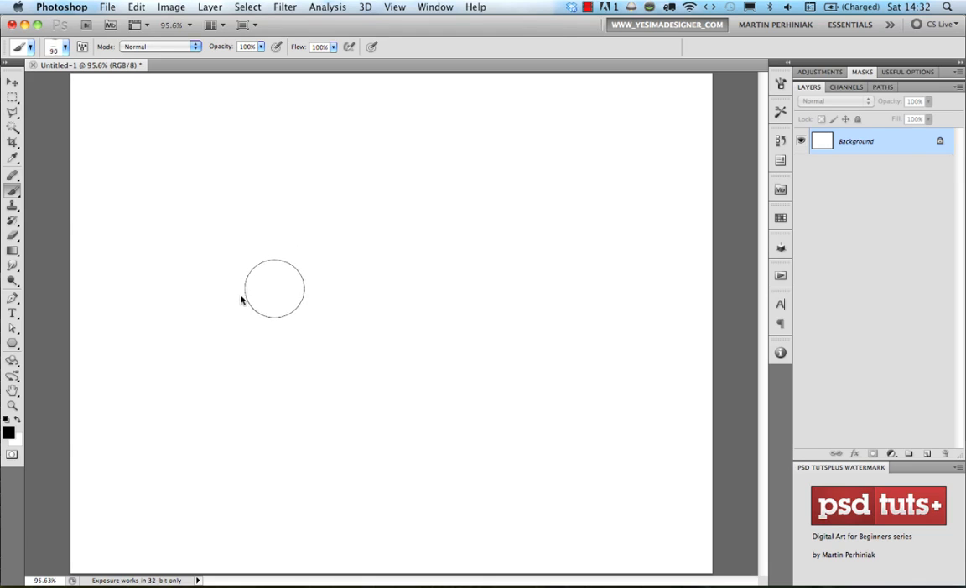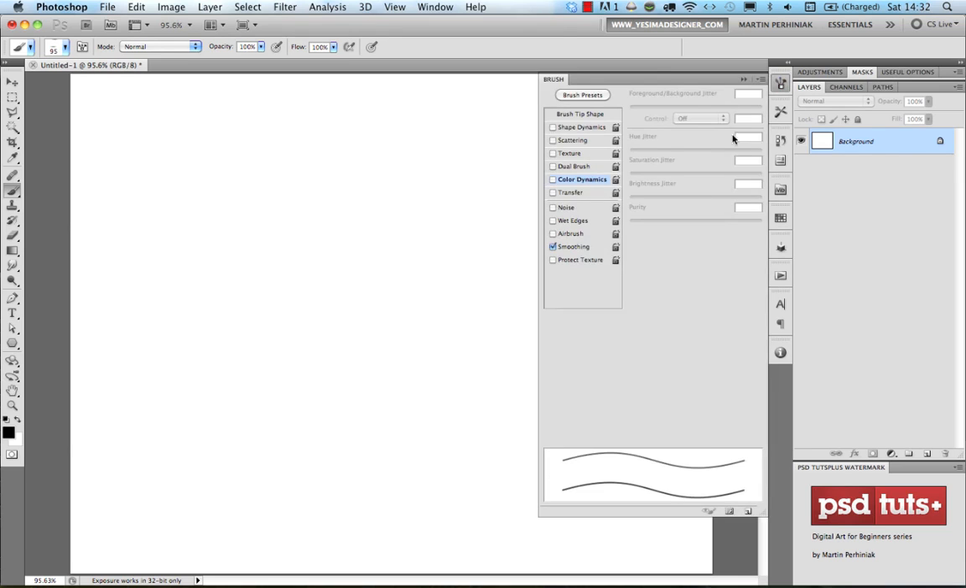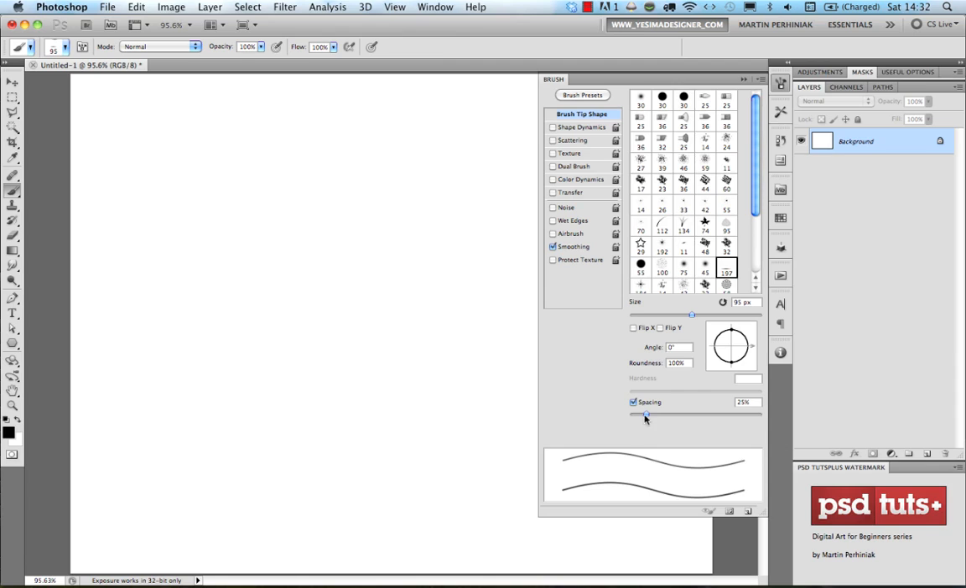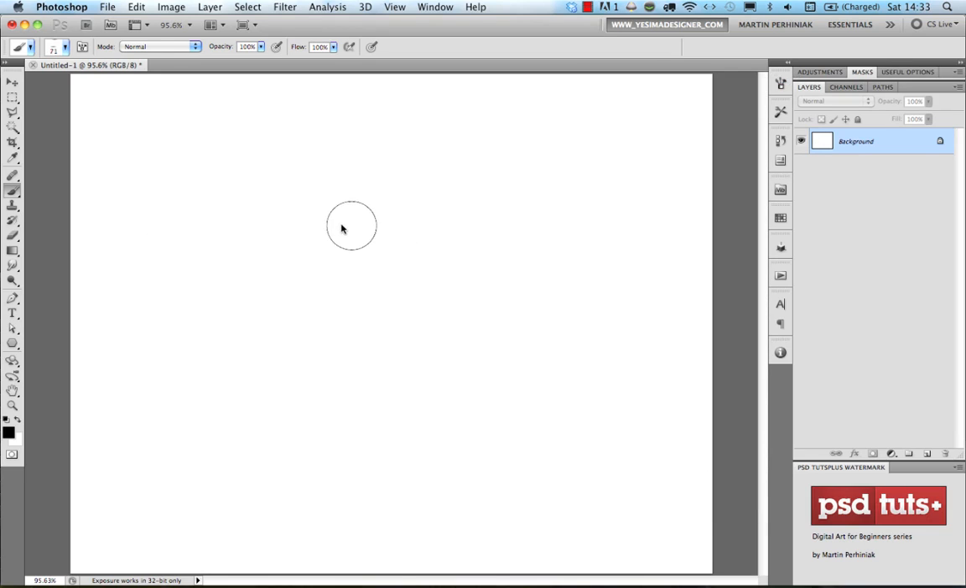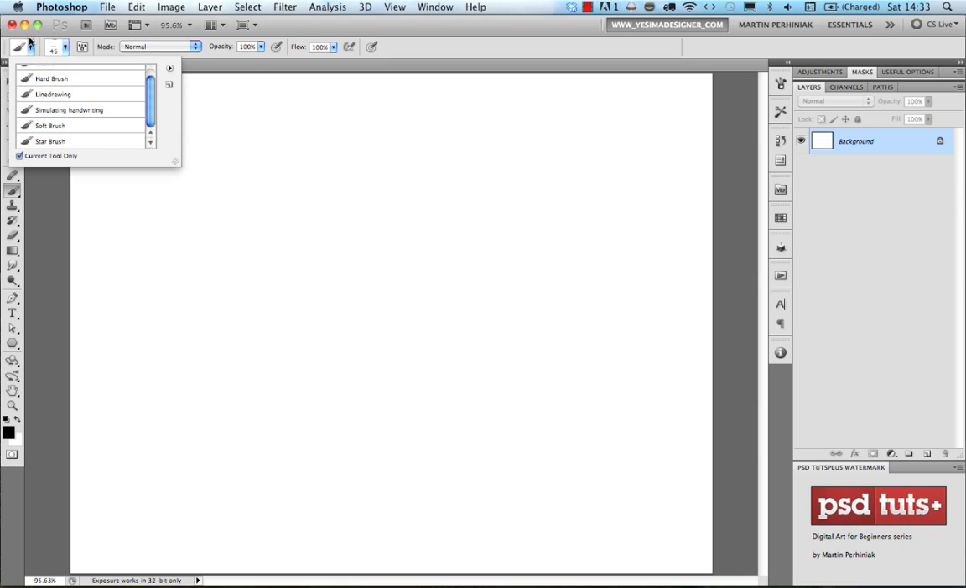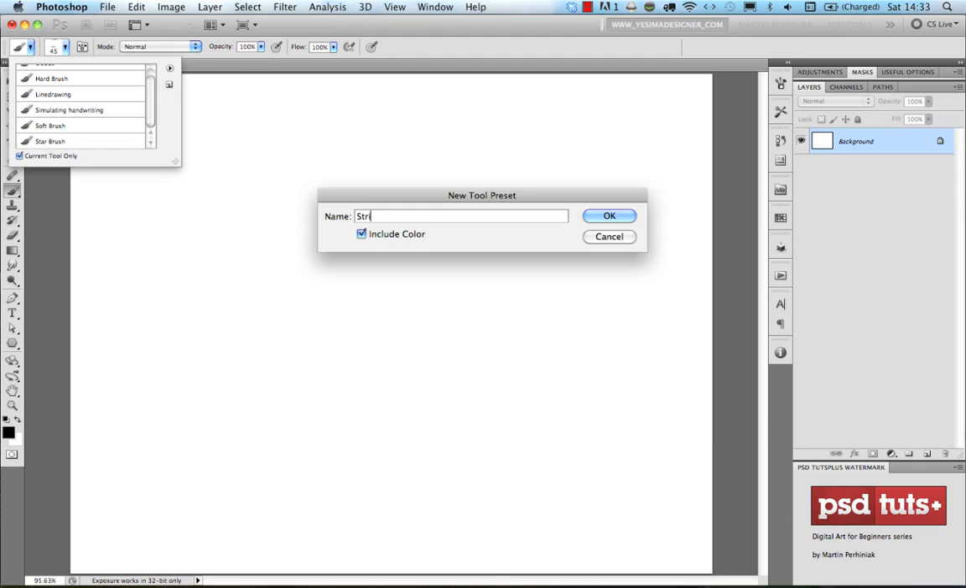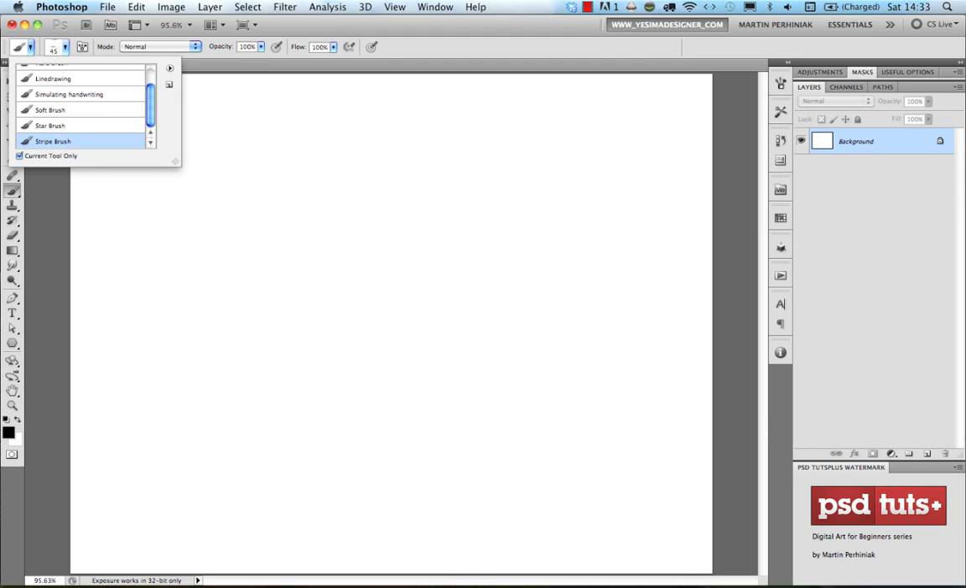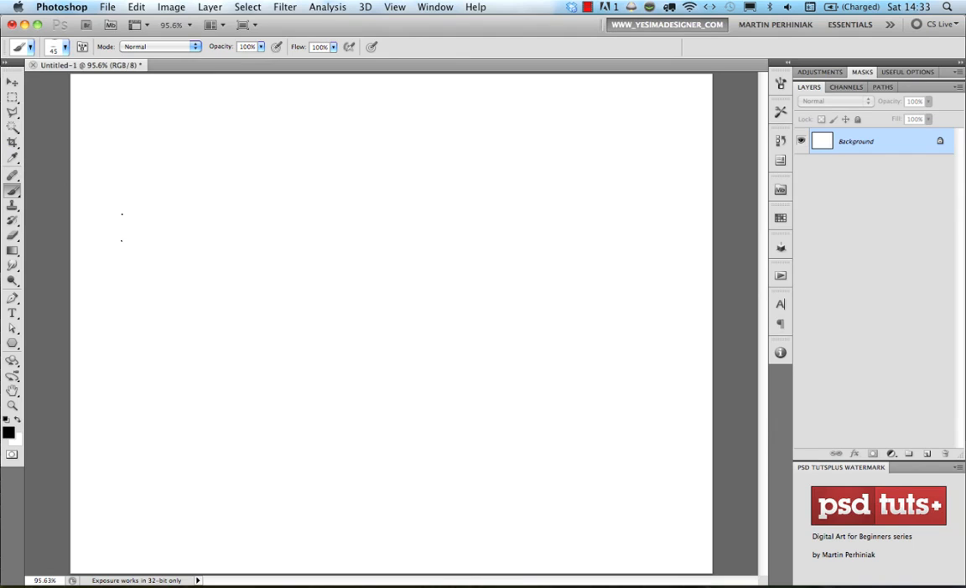I'm going to make it a bit smaller, and I go to the brush panel, and first of all go to brush tip shape and set the spacing to 1% to make it very smooth. So now I can draw and it's really nice and smooth. That's actually all I wanted to set up for this brush, and I just want to make it smaller, something like this. And now I save it as a preset. So I go to the presets and I click on new, and I call this stripe brush, like that. Now if I start drawing,